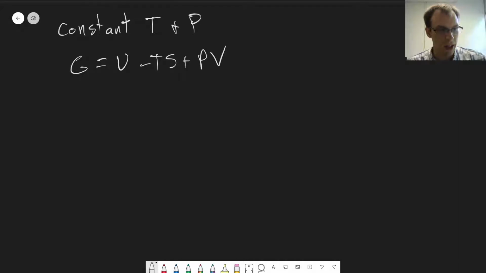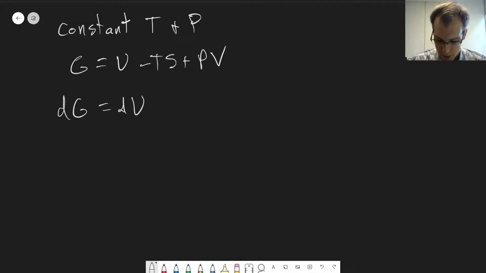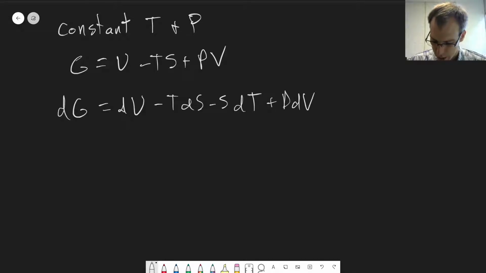That's one way we can write it out. So let's go ahead and look at the differential of this, dG. All right, so we'll get dU minus TdS minus SdT plus PdV plus VdP. Okay, but we can go ahead and use the first law of thermodynamics to make a substitution here for dU. Right, we know that dU is equal to TdS,